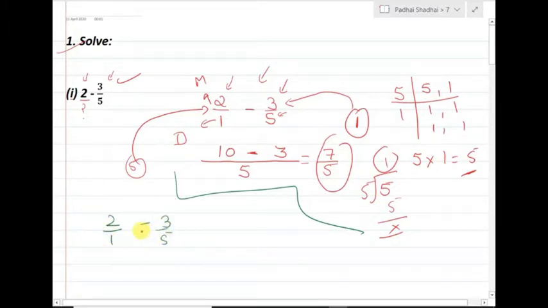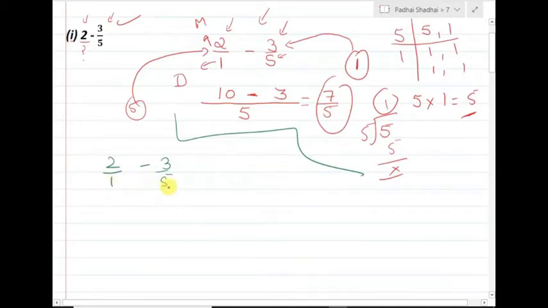Here, beta, we have to make the denominators same. Now imagine if we want to make the denominator same, 1 is to be converted into 5. So we have to multiply it by 5. So here 1 is to be multiplied by 5, to make the denominator same. Remember it better, whenever we multiply anything with the denominator, we have to multiply the same number with the numerator. So 2 into 5 is also there, so we will get 2 into 5 upon 1 into 5.